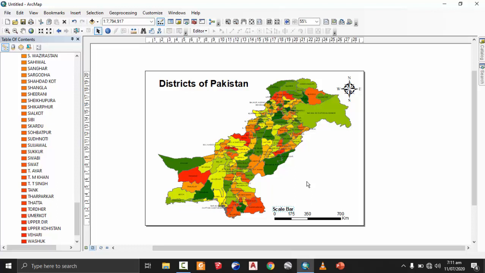And in the next video we are going to discuss how we can save our map as a high quality image, because whenever you take a screenshot, use the Snipping Tool, or use Windows F and print, you will not get an image of high quality. So how will we get a high quality image? In the next video we are going to learn this. Thank you so much.